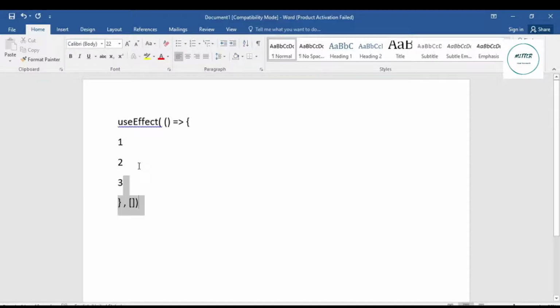So now the question comes, why do we need useEffect? Why do we need all this complicated syntax in React? What is the benefit of putting these 3 lines of code inside of this useEffect? The benefit is that when I put a few lines of code inside of this useEffect function, I can put a condition for when I want to run these 3 lines.